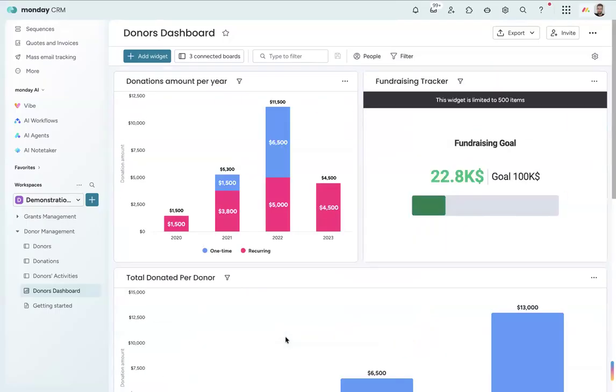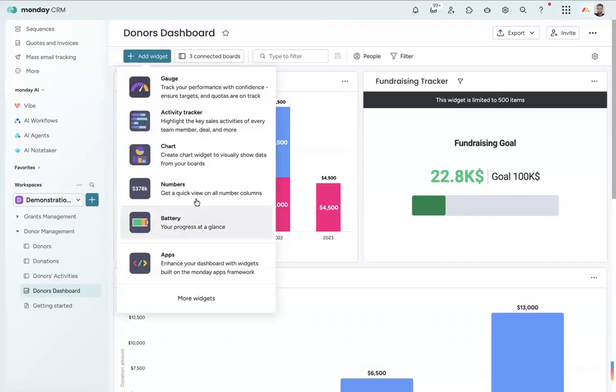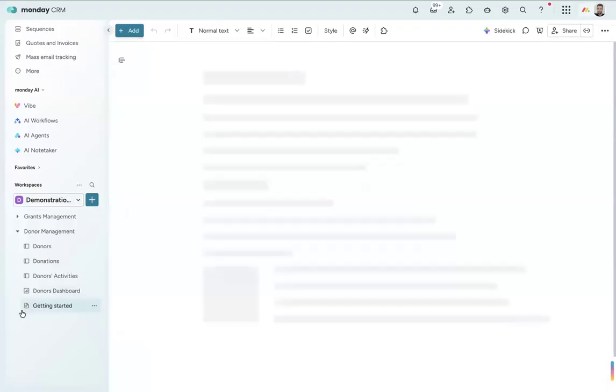These are also all customizable though. We can add up to 30 of these. Each of these graphs and charts is called a widget. You have many, many to choose from. And although it's limited to 30, you're not actually limited at all, because you can have as many dashboards as you want. You can have as many boards as you want. So if you want to have more, you can call this dashboard 1 and have another called dashboard 2. No problem.